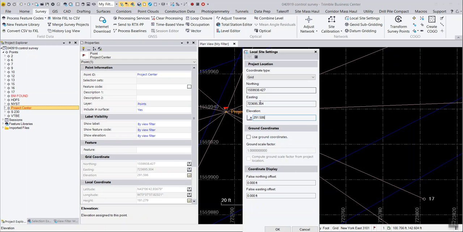Once I have my project center toggled into the project location, I'm going to use ground coordinates and have the